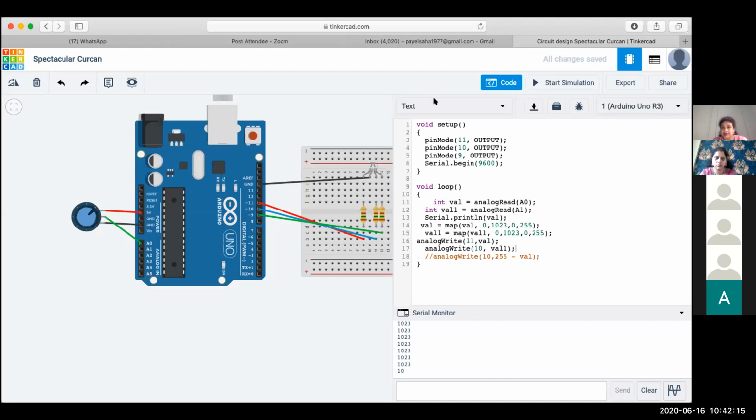Ma'am, one statement is there, that is Serial.println. That is not required to print these values, we only need to glow the LEDs. Yeah, this is just what I had shown you to appreciate the range of values that we are getting from the analog pin. That's the only purpose. I do not think you need to write it in all other programs, because that is just for initializing the serial monitor. That has no part to play in the brightness control of the LED.